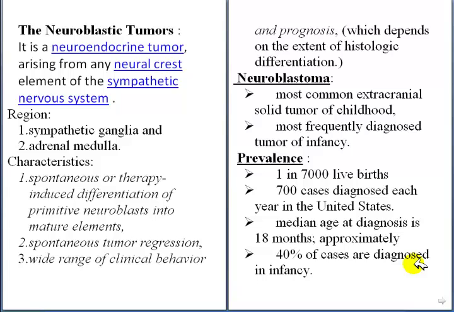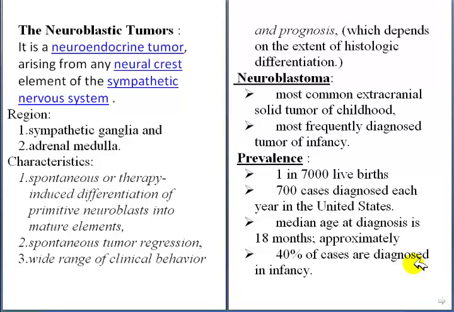Now, if anyone asks you to name the tumor that can go back from malignancy to the benign form, well, there you go. The neuroblastic tumor is one such tumor because it has that spontaneous tumor regression ability. That's why even if this tumor is malignant, it can go back to the benign form. There are three types of neuroblastic tumors that we're going to discuss. There's neuroblastoma, and there are two more which we're going to discuss later on.